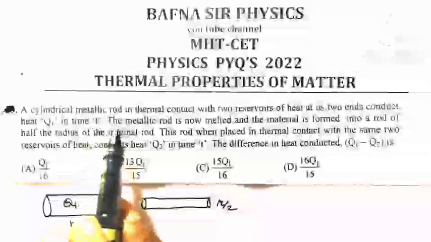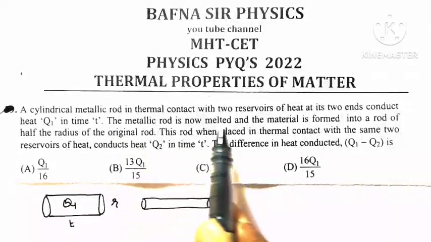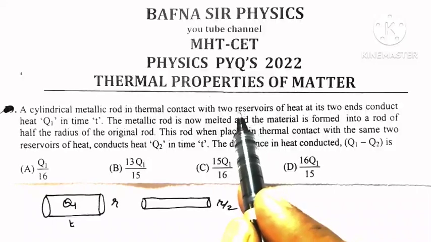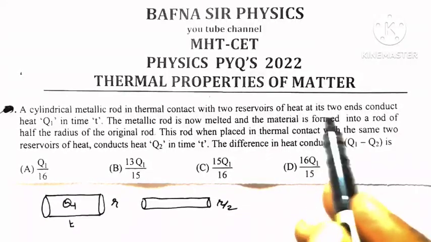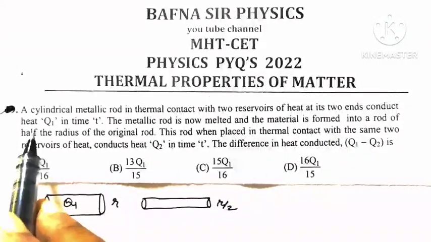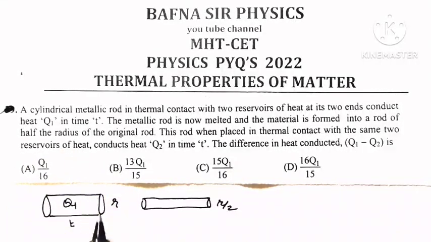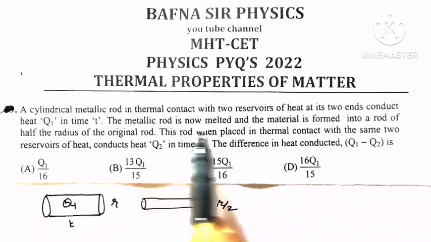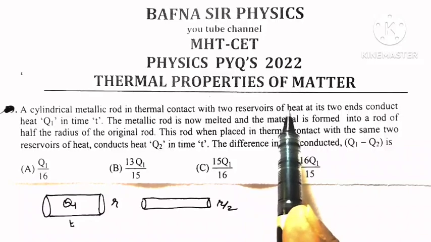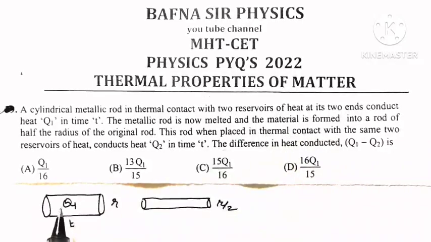A cylindrical metallic rod in thermal contact with two reservoirs of heat at its two ends conducts heat Q1 in a time t. So, this is a cylindrical metallic wire whose two ends are connected to the reservoirs of heat, and they will conduct Q1 amount of heat in a time interval t. Let R be the radius